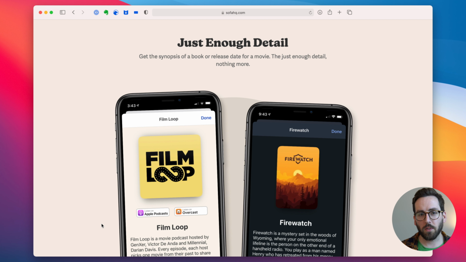Detail pages have always been really sparse in Sofa, intentionally so too. The idea here is that I see a lot of apps doing essentially just, hey, the API gives me all of this data, so I'm just going to show you all the data. What I'm trying to do with the detail pages is provide just enough detail and just enough information. Because really when you're looking at the detail page,